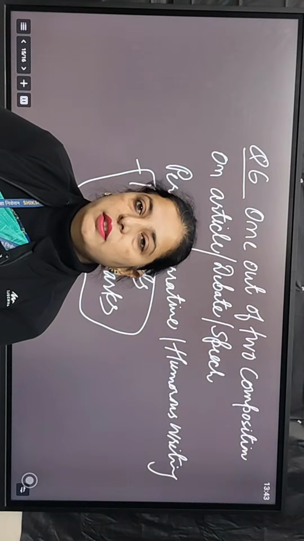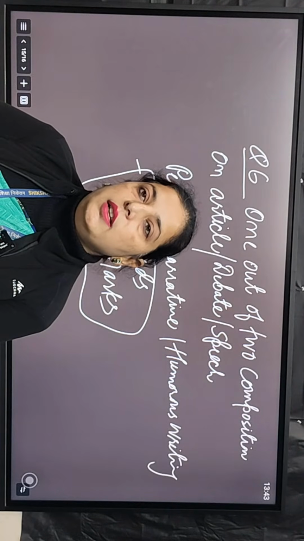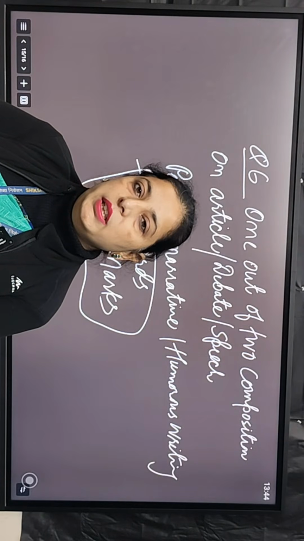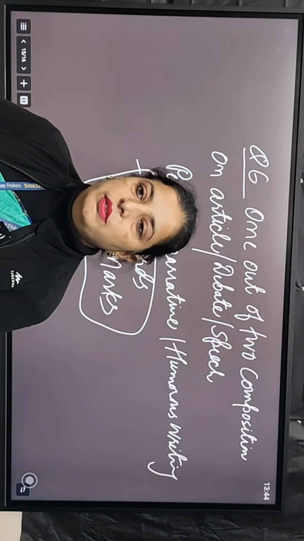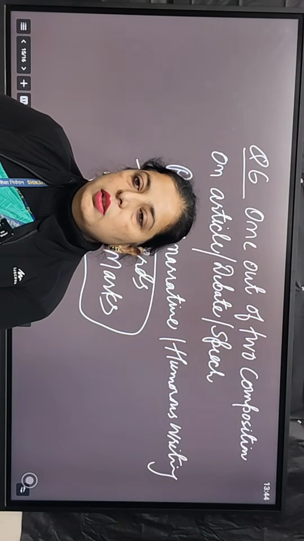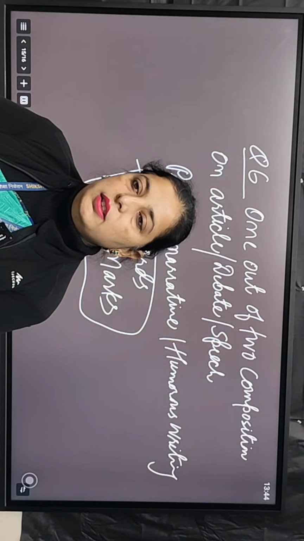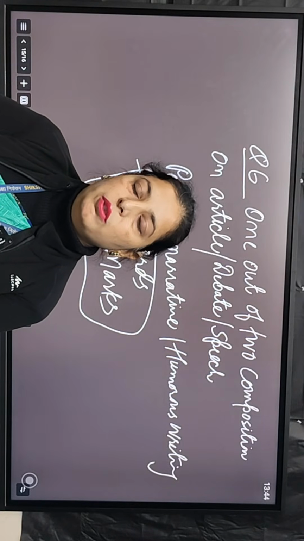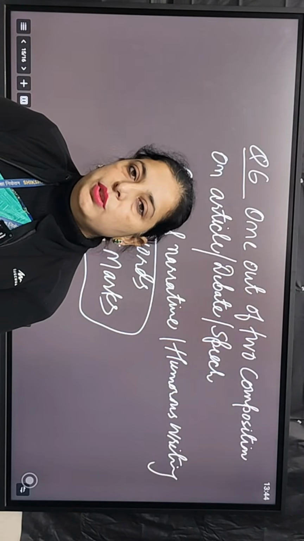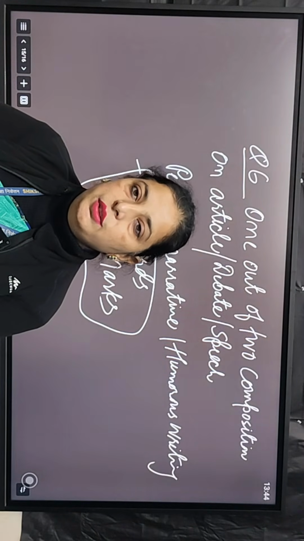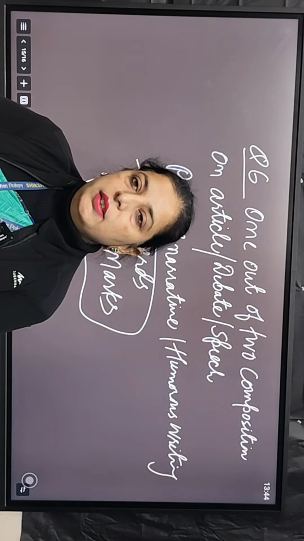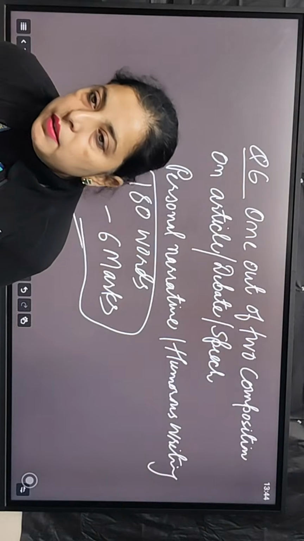and it is difficult for your examiner to evaluate the question for 6 marks because the word limit is quite very less or very much. So accordingly you have to write your answer in 180 words with proper format. You can see the format of an article. Debate, for the motion or against the motion, with greetings, you have to start that and you have to disclose the topic, and then either if you are for the motion you have to write